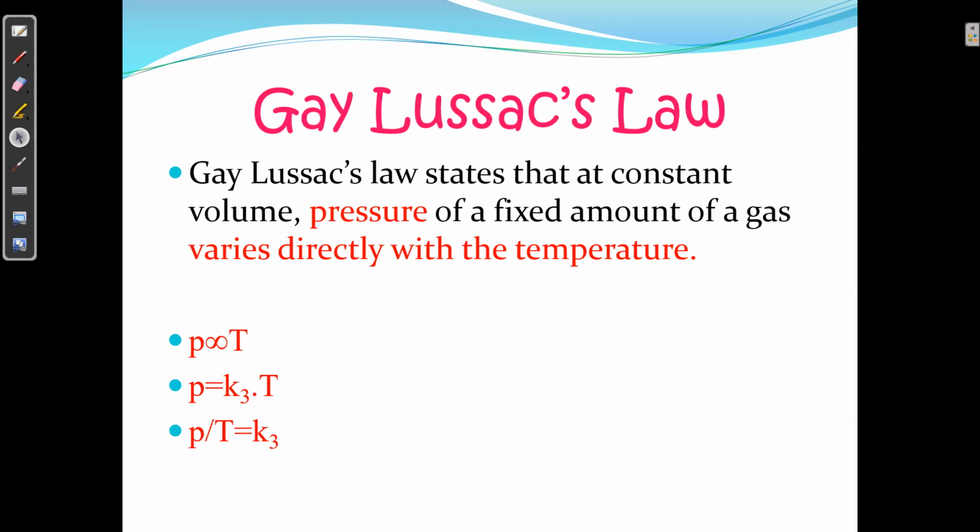Okay, so now the next law is Gay-Lussac's law. What is Gay-Lussac's law? This is a relationship between P and T. P and T are directly proportional to each other by keeping the other two parameters constant. So what is constant here? n is constant and volume. And when the volume is constant, that is called an isochoric process. So Gay-Lussac's law is isochoric, meaning volume constant.